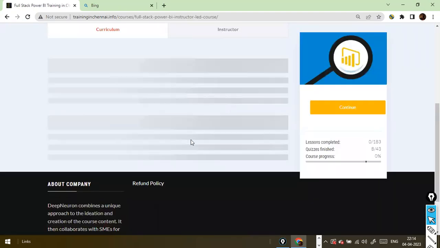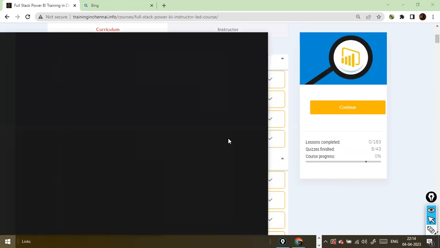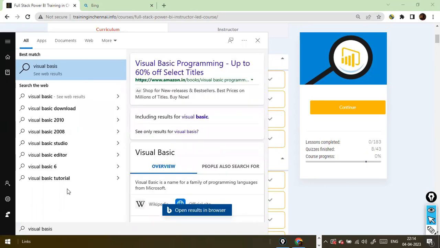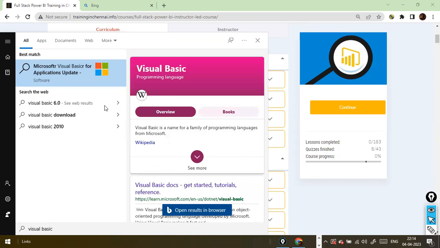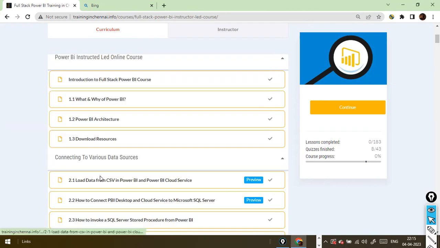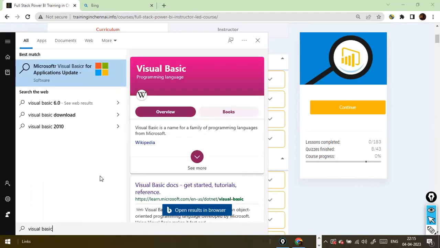Sir, in this course, are you teaching only Power BI or SQL, SSAS also, including that? SSIS also, SSIS and everything, because I cannot show everything in a single view. Look here, we have Visual Basic installed here. SSIS will also be covered, because with SQL Server and SSIS you should be able to get a job, because nowadays the employers are very clear. They want people with relevant, multiple skill sets.